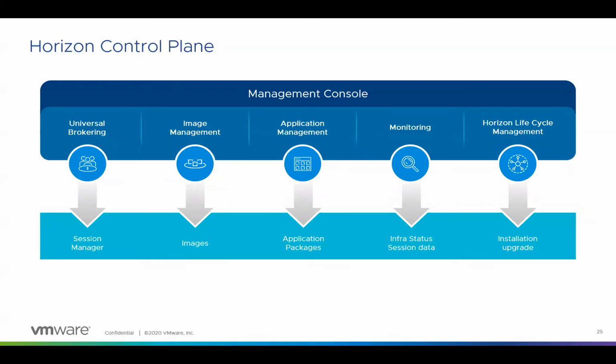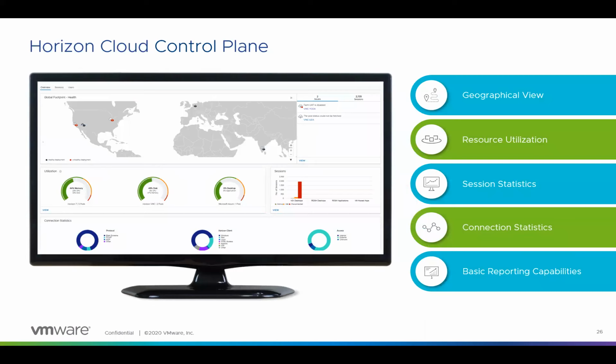Image management is another of the biggest challenges for VDI administrators, where they have to manage multiple images for different pods across the globe. The image management feature makes it easy to administer and manage the images and distribute them to multiple pods. Also, universal brokering, which is on the roadmap, is going to provide us app locality when you are using Horizon on a cloud. So looking at all of these deployments and management capabilities, we as VMware IT administrators find it much easier to manage all of this environment in a single pod.